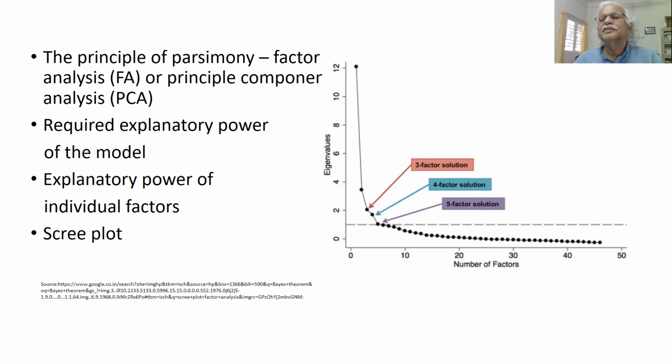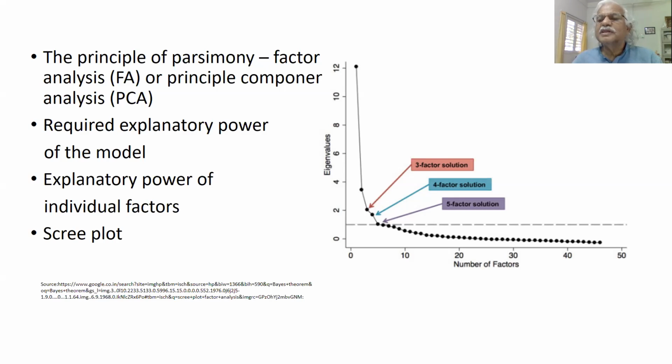And a stage will come when a factor, and subsequent factors, will explain less than one part of the total variance. Meaning the original variables had a variance of 1. Now these subsequent factors will have variance less than 1. They are not even as good as the original variables. So those factors can be discarded.